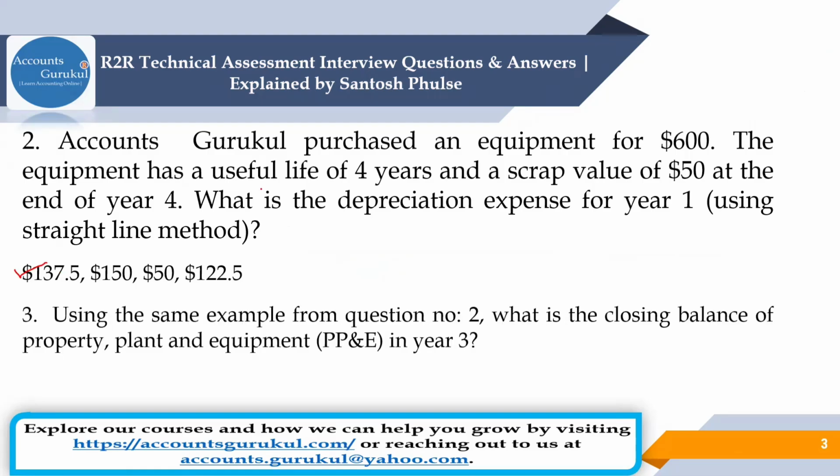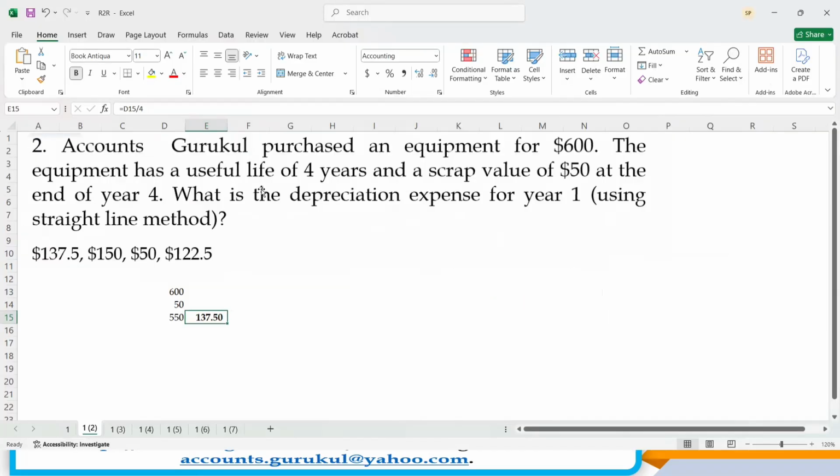Now the second one, using the same example from question number 2, what is the closing balance of property, plant and equipment in year 3? So how much is the balance is going to be by end of the third year? That's a closing balance. So how much is depreciation is going to be? 137 per year. And if you are going to calculate the depreciation for the 3 years, that's 412.50. And this is 550. So plus 50. So it means original value is 600 less this